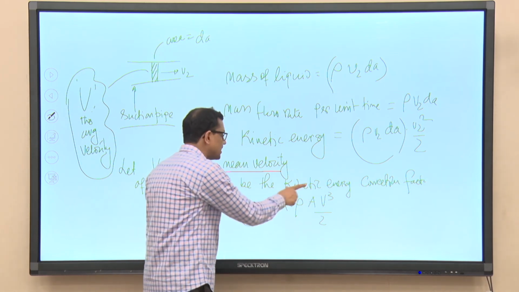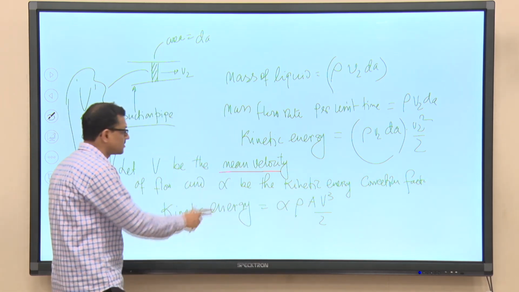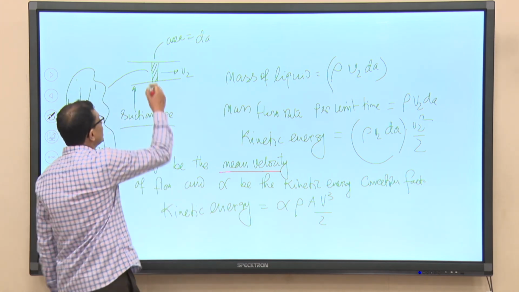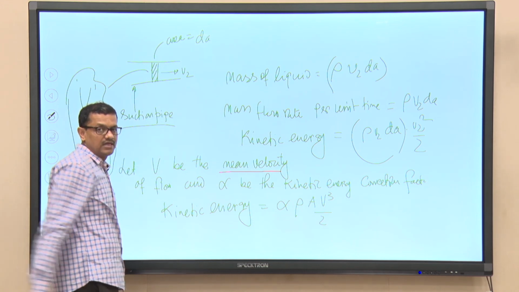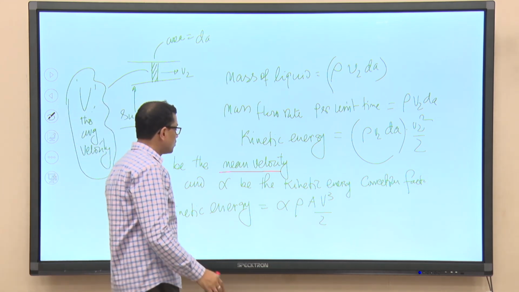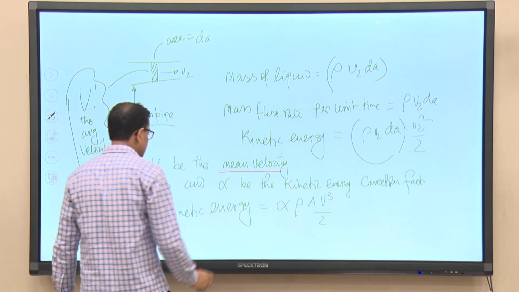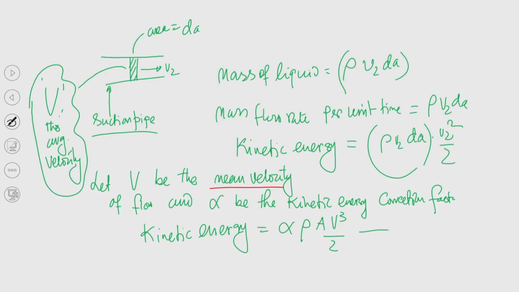But this should be multiplied by the kinetic energy correction factor, since this V is the average velocity, because V will definitely change from this wall to that wall if we traverse in the transverse direction. So, that is what we can write. This is equation number 2 and this is equation number 1. Now, the kinetic energy that we have written in equation 1 is at that particular section. So, if we integrate, that is the total kinetic energy.